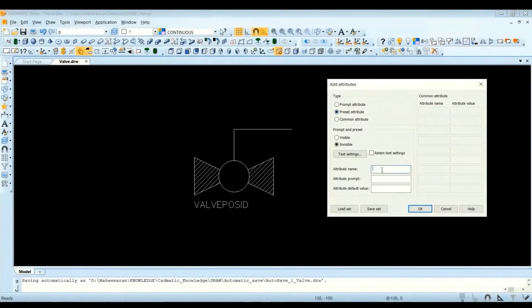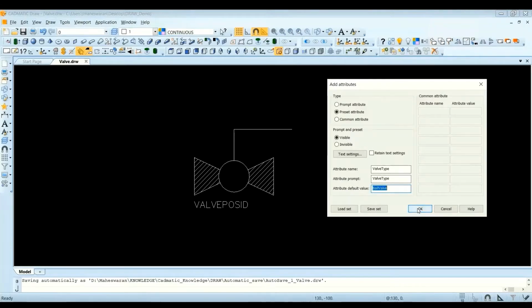Then I will select preset attribute. I will make it visible. And then I will add one more attribute called valve type. The default value, let us assume, is valve. So whenever the user tries to place this symbol in the actual layout drawing, it takes this default description value.